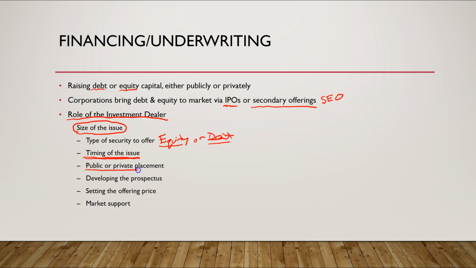Whether it should be a public placement or a public offering, or they may have a client that they already know would be receptive to taking on some sort of finance agreement with the issuing firm itself. And so if that's the case, a private placement may be less costly, may be less burdensome to the issuing firm, if the underwriter knows there's a potential investor out there willing to take on a big portion of the financing that the issuing firm has.